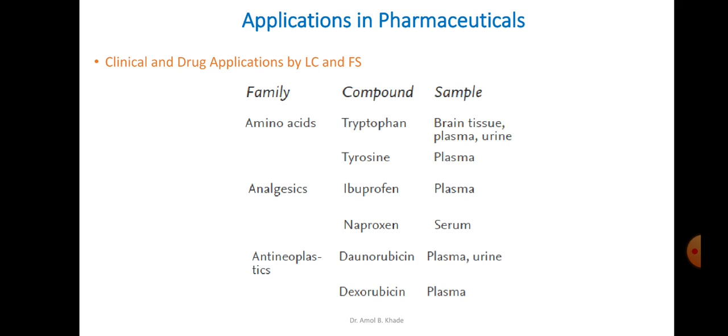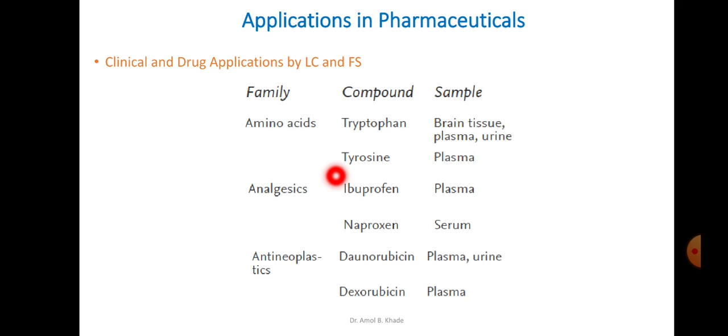So in this case, separation with the help of chromatography, and then the separated fractions are subjected to fluorescence spectroscopy for better accuracy. That is possible, and in many clinical areas we find fluorescence spectroscopy is often combined with liquid chromatography. Then we can extend it to a number of categories of drugs like analgesic, antineoplastic, anticonvulsant and so on. I have listed here only three of them.